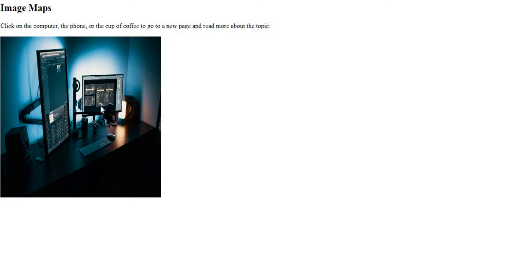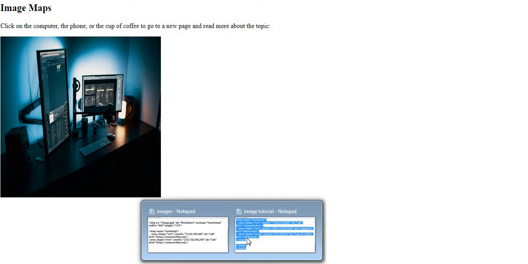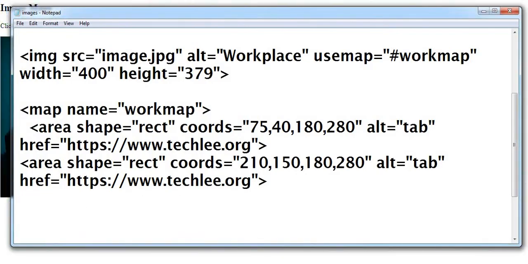We use 210 for here, then we can use like 250 or 260 for here, from the left, and from the top we used 150, then we will give it 200. 200 and 210 will be good. Okay, let's see.